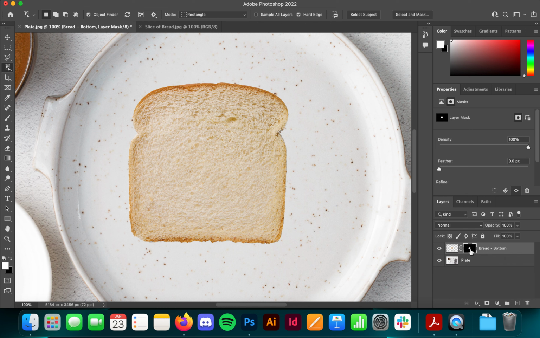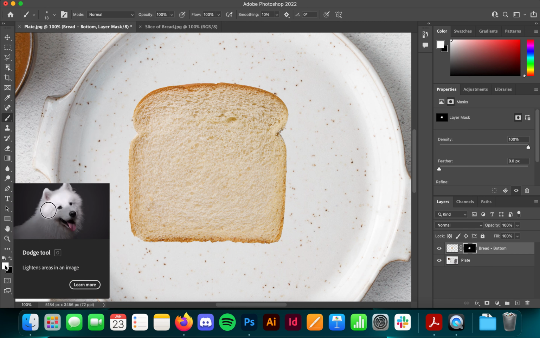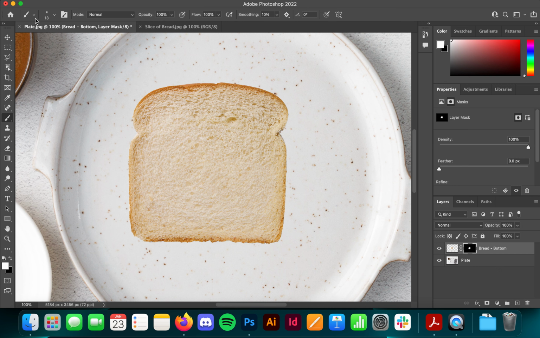If I want to go back and edit something, I can click on that layer mask. I can use my paintbrush, right? And this is the reason why we hit D at the very beginning of the tutorial to do white and black, right? On the layer mask icon, if we click on it and look, with the paintbrush selected, white reveals and black hides. To make my brush bigger, I'm going to make it bigger by either going up here